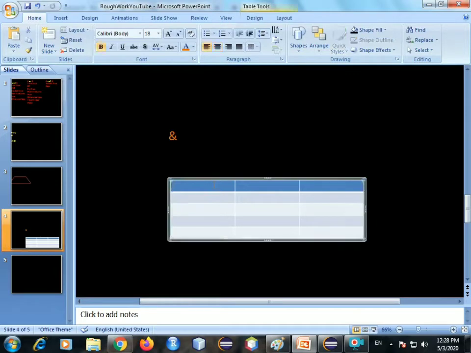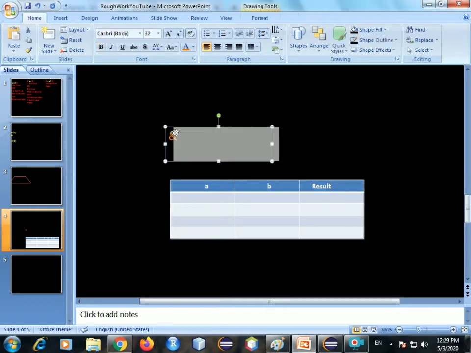Now I have a variable a here, and here I have another variable b, and here I am storing the result. I am doing the AND operation here.